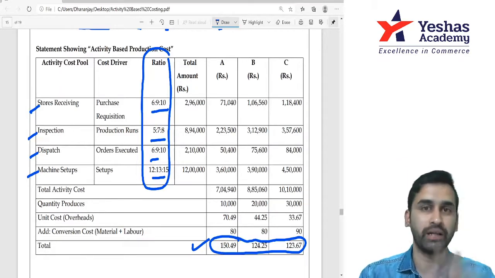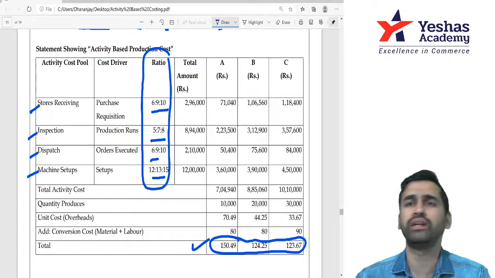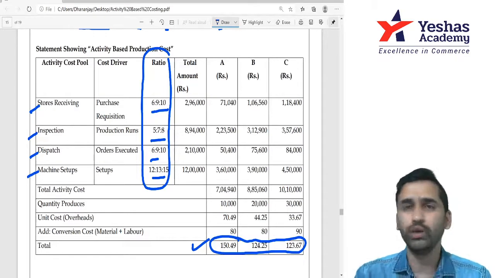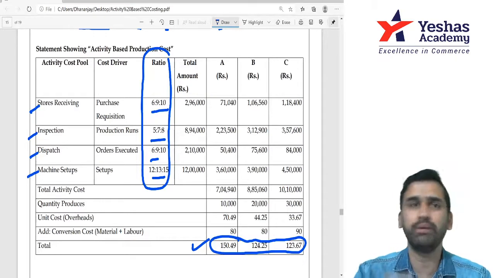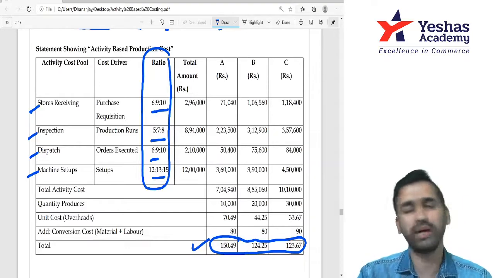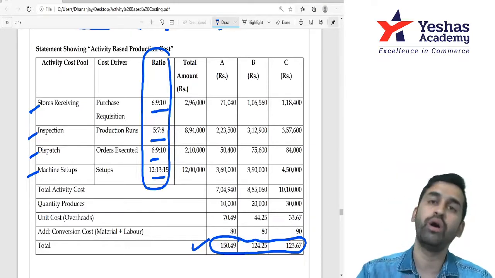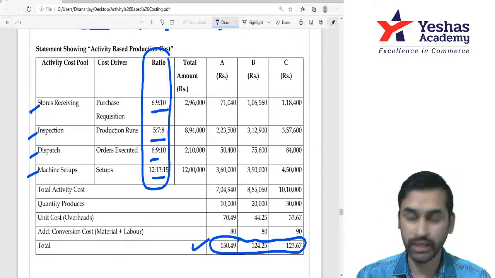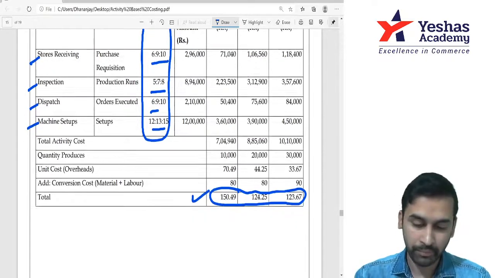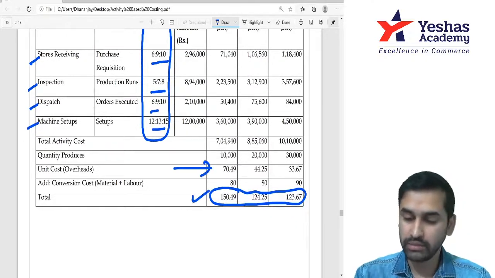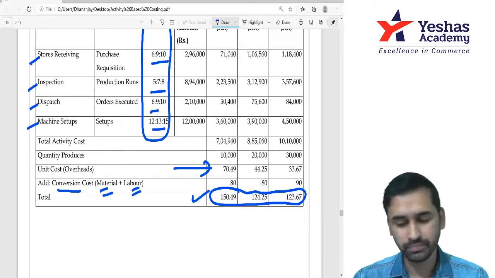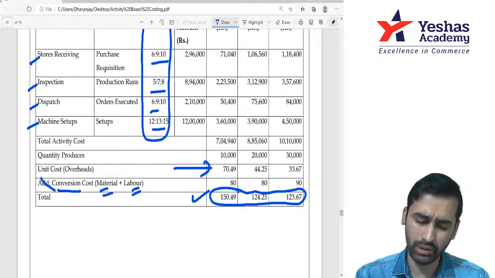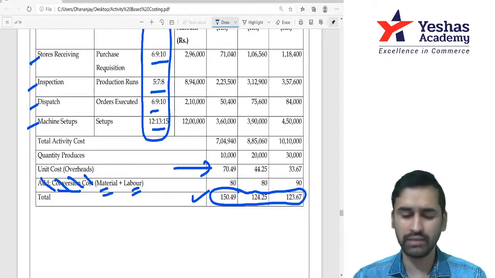He may be expecting rows here, columns. You may do it in a different way. Column and row may change. You may do a chart, you may do a table. He may be expecting it in columnar format. All that is fine. Getting it? Yes. Here they gave overheads first based on all the working. Then they said conversion cost. Conversion cost means material and labor. I would not suggest you write it as conversion cost this way.